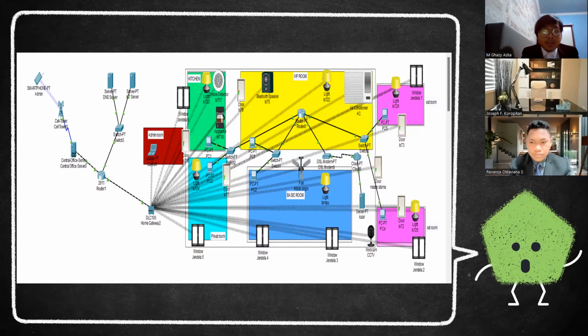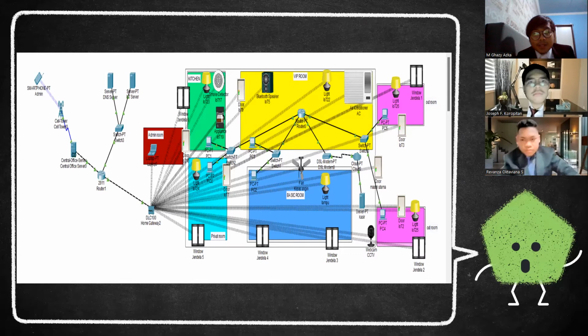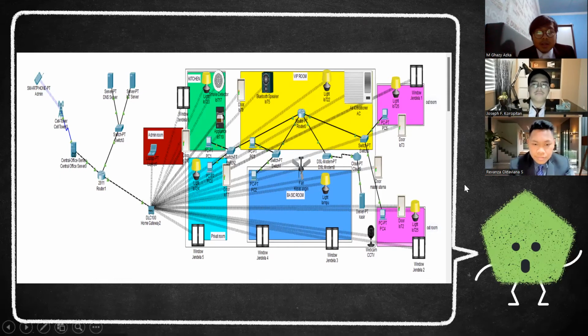Then the IoT configuration. First, we connect all the tools like window, like light, like door, with the cable. Then also connect the IoT device by clicking the home gateway, and we change the wireless and adjust it to the IoT tool. Then match the IoT device with the one on the home gateway, such as the password and so on.